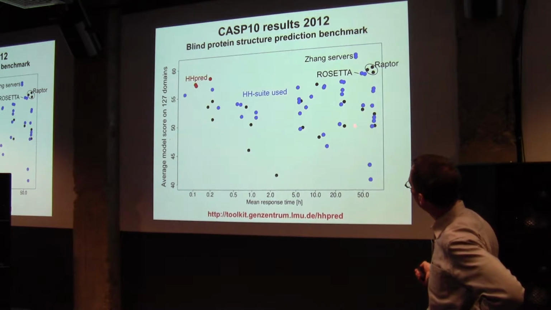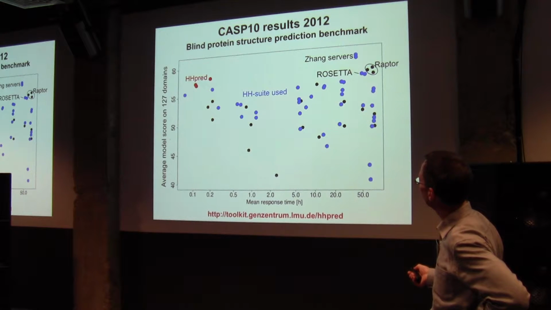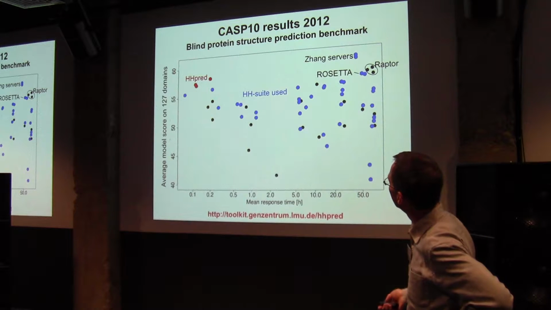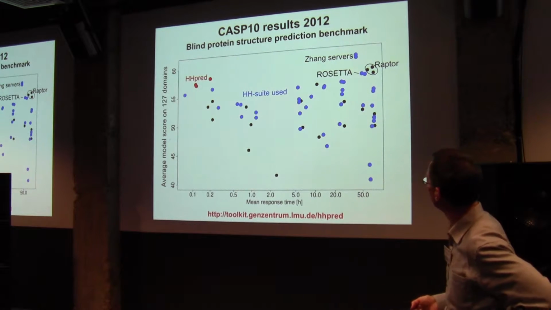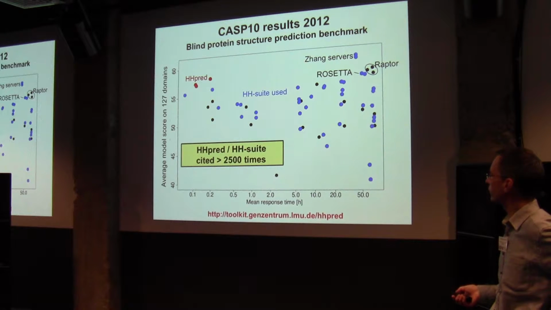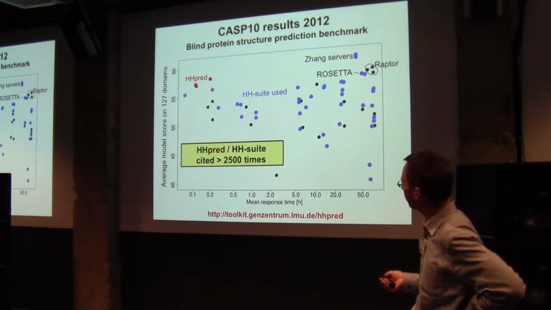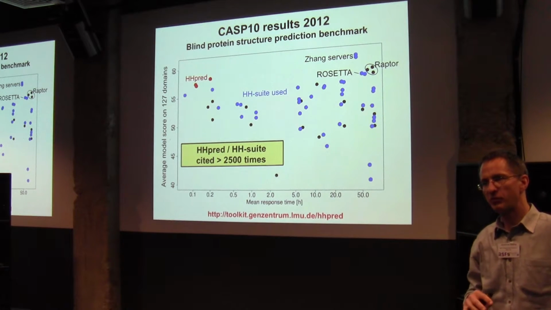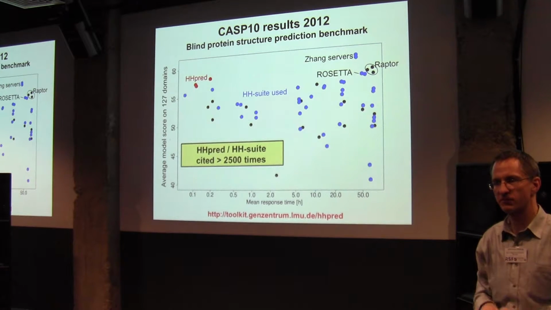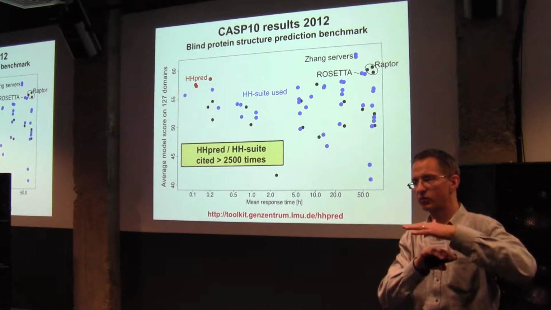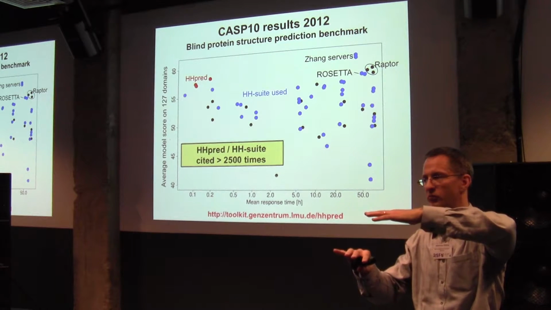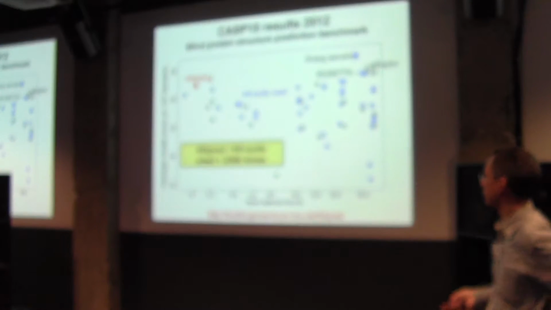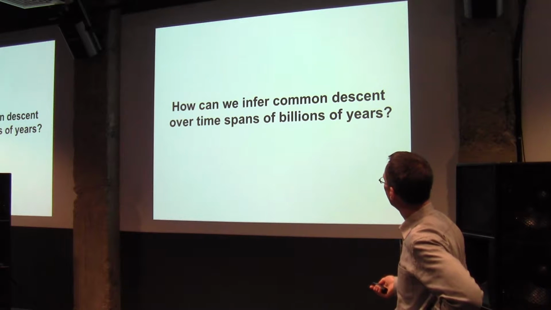And most of the servers at that time used our software, and that's also why it gets a bit harder, and we're not so super ambitious anymore in participating, although we have the server still running this year. I think the server has a lot of functionality that is nice and flexible, so you can make changes at any point of the path between your sequence and the model. You get a suggested alignment between your query and your template, for example, but you can also change it by hand. Because of this flexibility, and because it's fast and quite user-friendly, it's cited quite a lot.